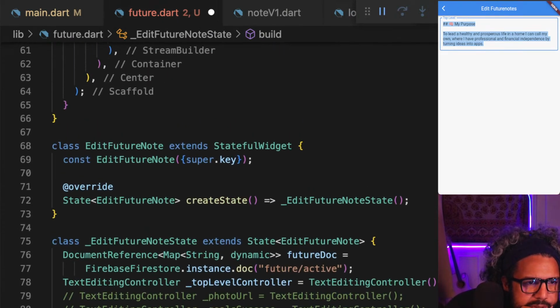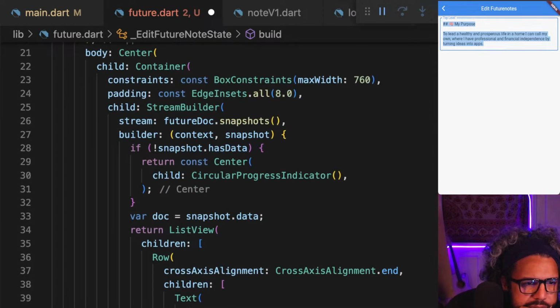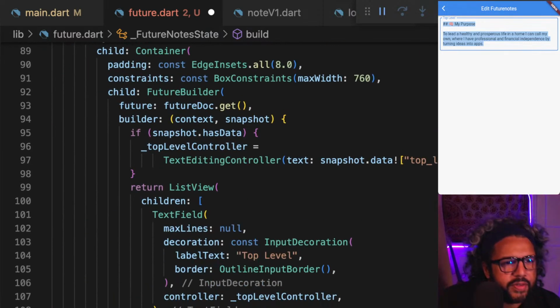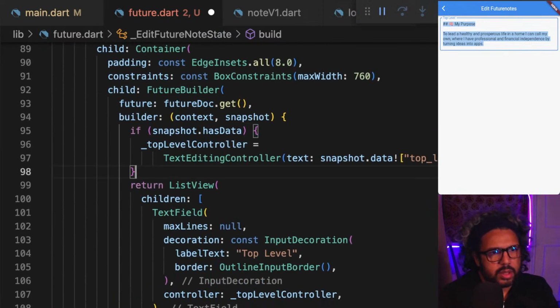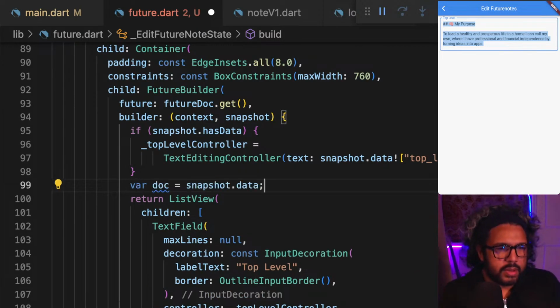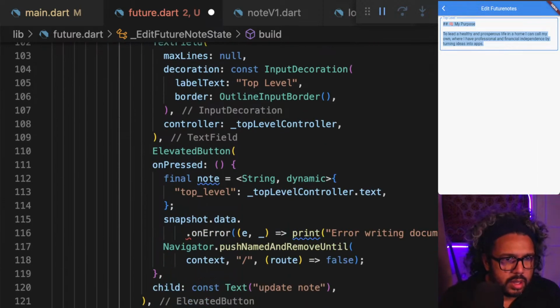Go a bit further up here because it's a similar thing. If snapshot doesn't have data, so let's hit copy here and put it above the list view, like so. So now I have doc, and then